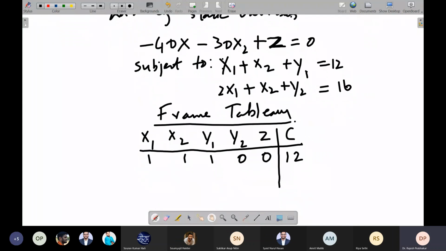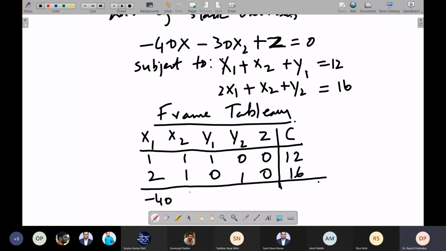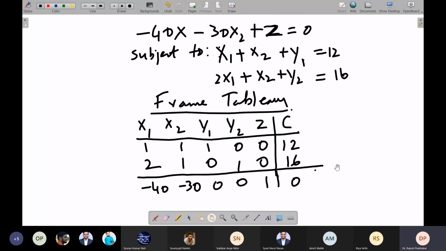The second equation is 2, 1, 0, 1, 0, 16, and we write the objective function at the bottom, which is minus 40, minus 30, 0, 0, 1, and 0. This is the tableau we have created based on the equalities above.